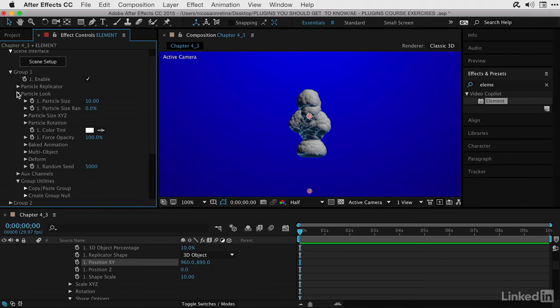First of all, these spheres are way too big for our objects. So I'm going to go to the particles section, and here I'm going to close out the particle replicator and go into the particle look, where I'm going to bring down the size of the particles from 10 to about 1. Now we have a lot smaller particles being generated